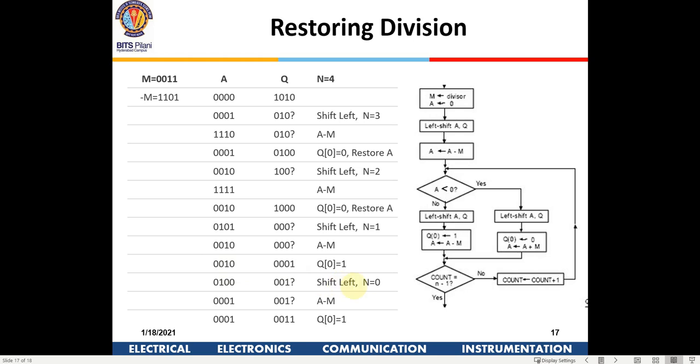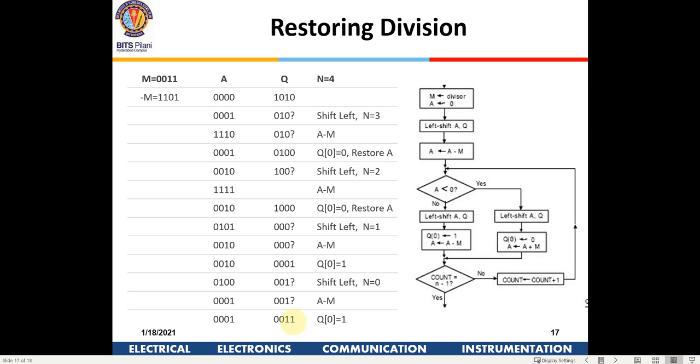Again we are doing another shift left, that's why we are putting a question mark out here. So this has become 0 0, shifted one more left, then you are subtracting one more here. Again it's a positive number. Since it's a positive number, instead of a question mark we are going to put it as 1 out here.